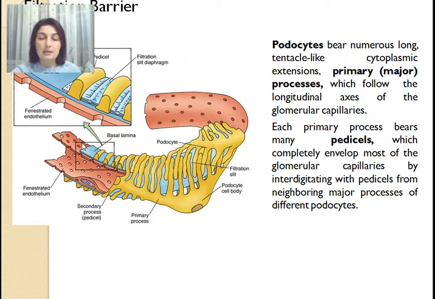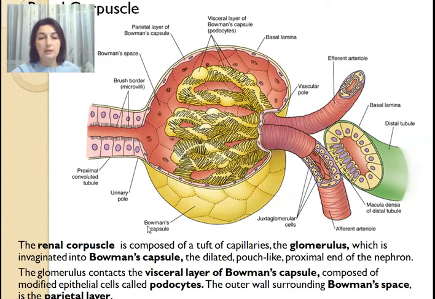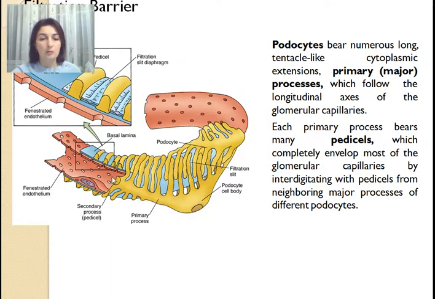So the endothelial cells' basal lamina, together with the basal lamina of the podocytes, touch each other and form the basement membrane, which is one of the important parts of the filtration barrier. So between the bloodstream and the lumen of this Bowman's capsule, the filtration barrier is formed. The filtration barrier is formed, first of all, by the endothelial lining of the blood capillaries with no diaphragms, and there are fenestrae,